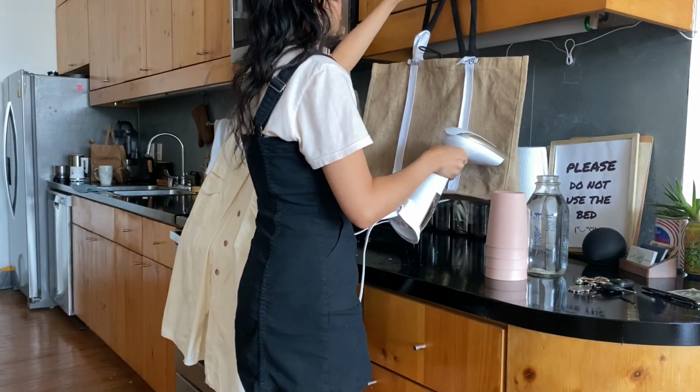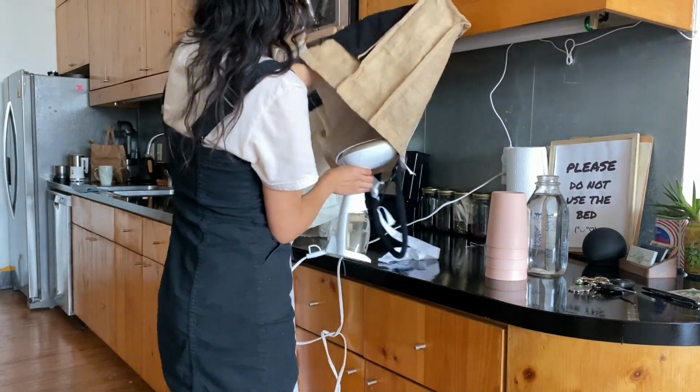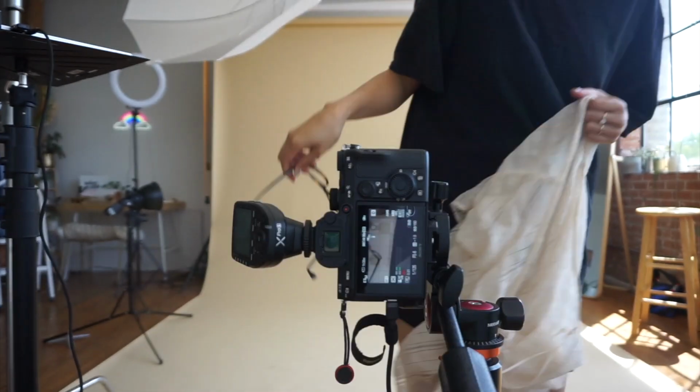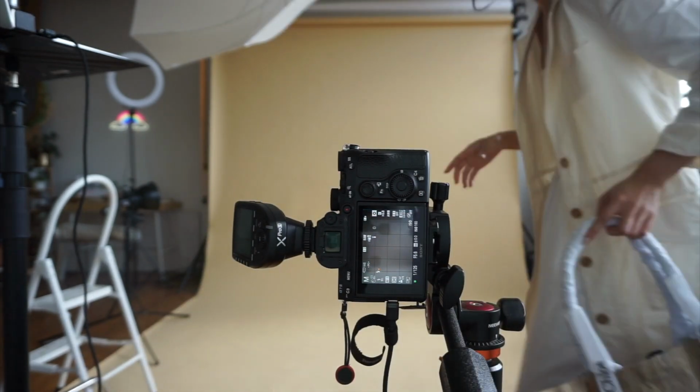And here is a clip of me steaming the bag because I wanted to get the wrinkles out before we took pictures with it. And eventually it was time to shoot. First I had to film the transition of me starting with my house clothes. Then I had to take the photos, which was somewhat of a struggle for me because I'm not gonna lie,